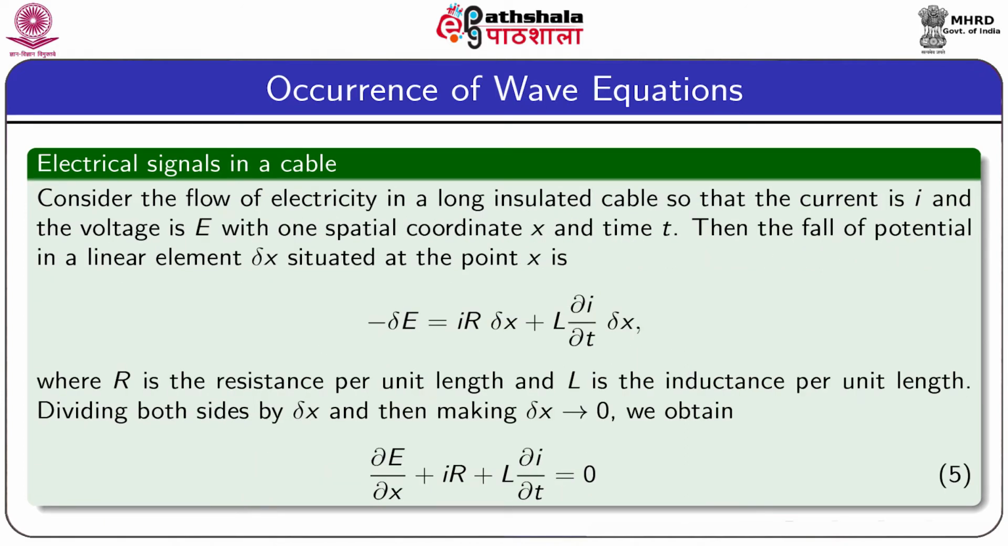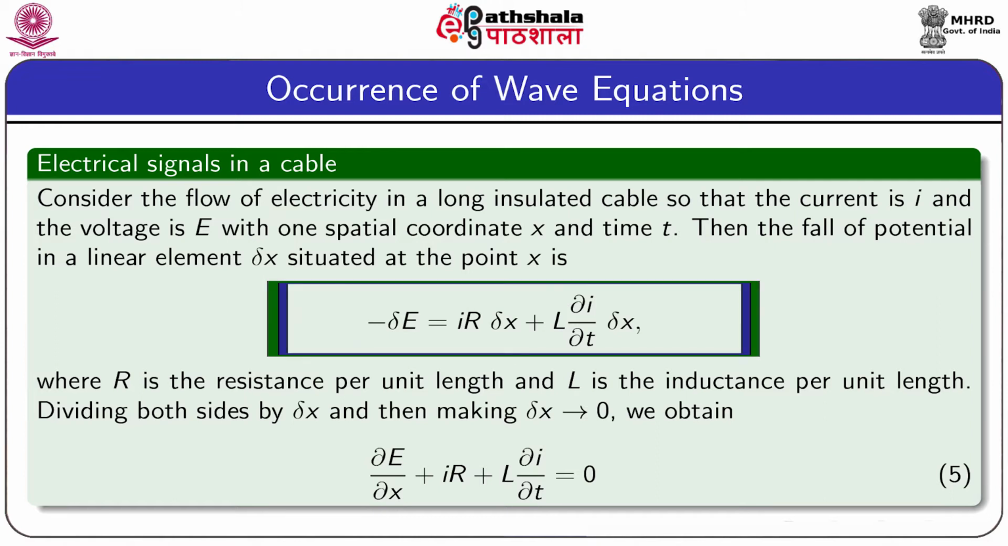Now, we are going to discuss how the wave equation can come up in an electrical problem. For this problem, we consider the flow of electricity in a long insulated cable. Let the current be I and the voltage be denoted by capital E, with one spatial coordinate small x and time t. Then the fall of potential in a linear element delta x, which is situated at a point small x, is